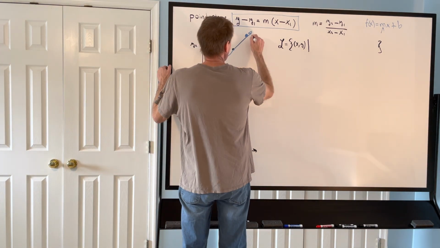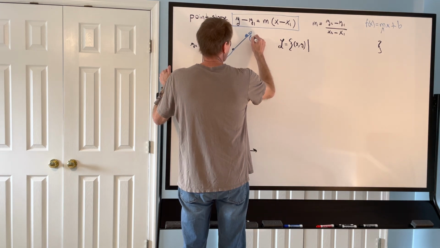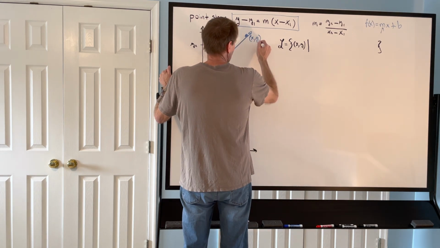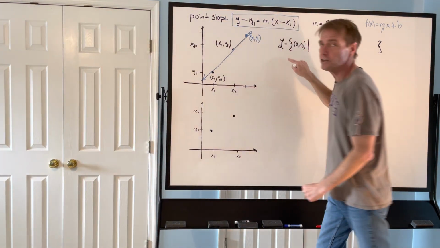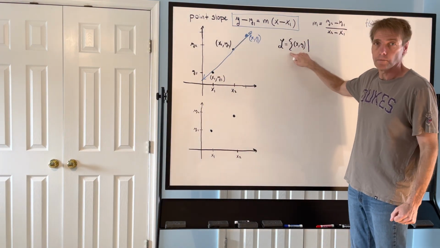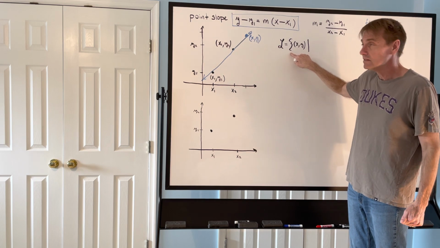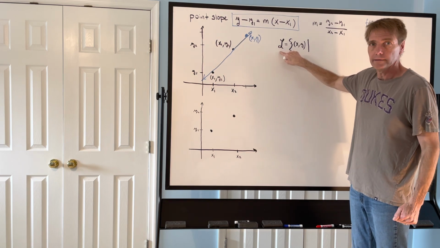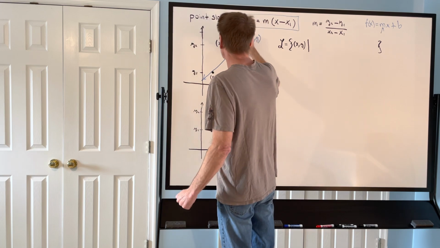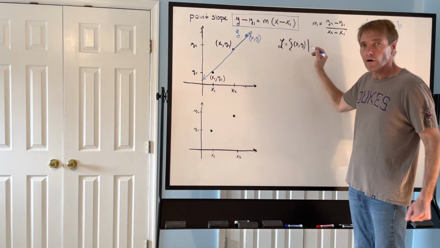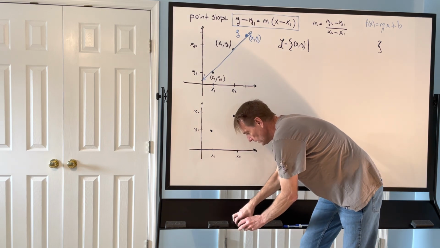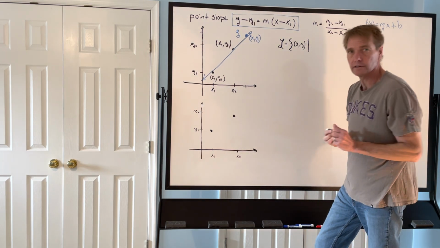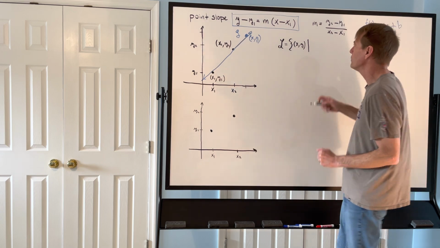If I take any other point on the line, x, y, then the line is the collection. No, don't use that symbol. That symbol means set. The line, L, is the collection of all the ordered pairs. Right in black. Is the collection of all the ordered pairs. I know this isn't exciting. Is the collection of all the ordered pairs